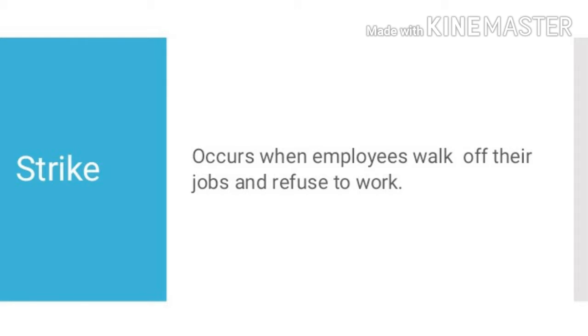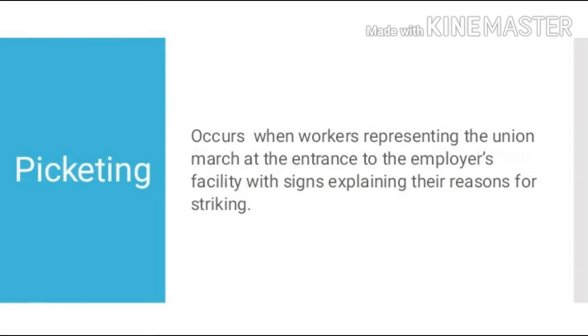During a strike, workers represented by the union frequently march at the entrance to the employer's facility with signs explaining their reasons for striking. This action is called picketing and is intended to elicit sympathy for the union and intimidate management. Strikes are costly to both parties because the union will likely suffer expenses just by marching in front of the company,